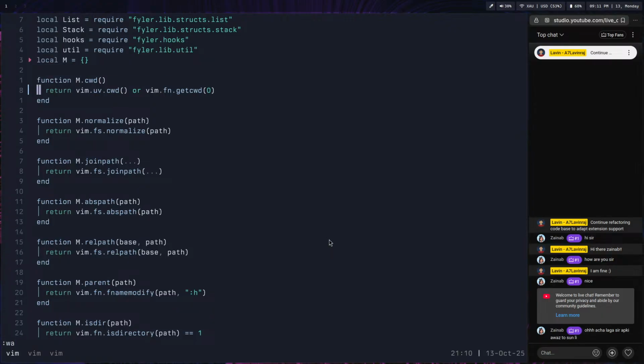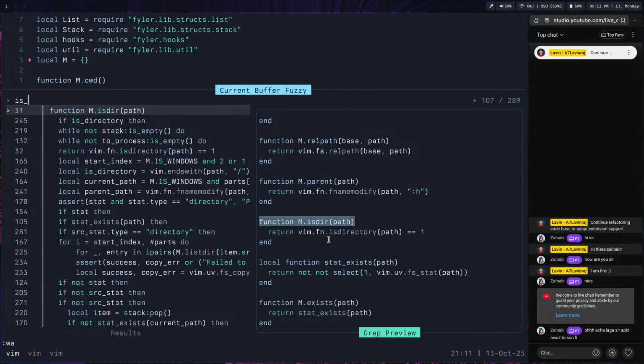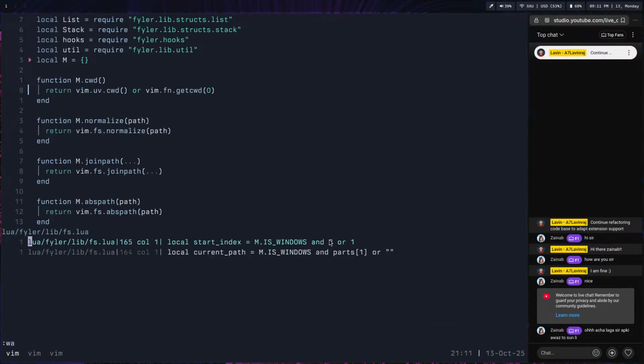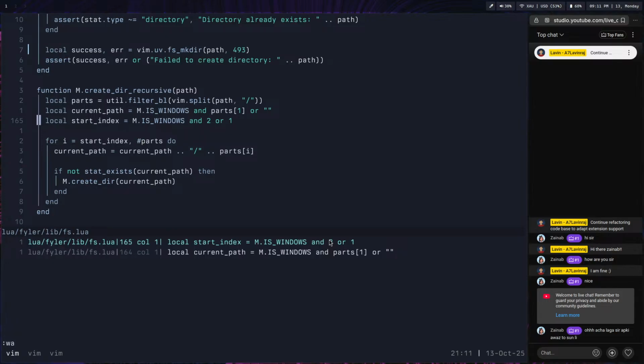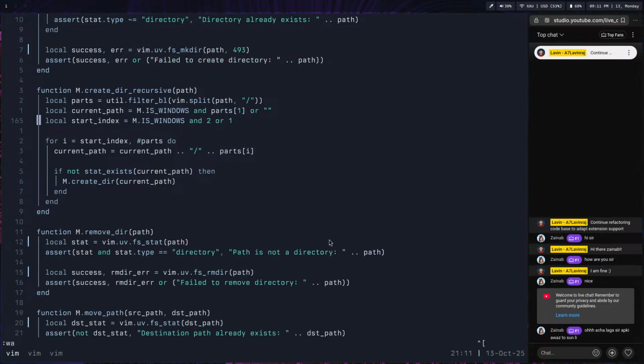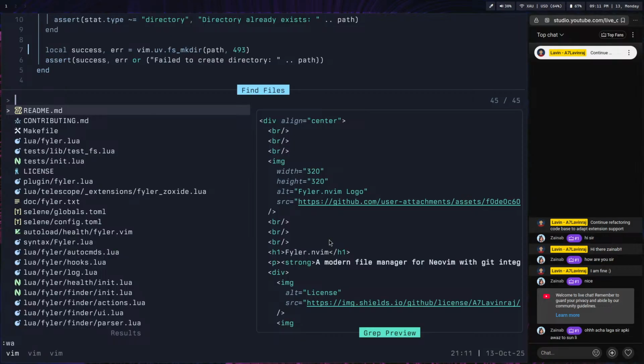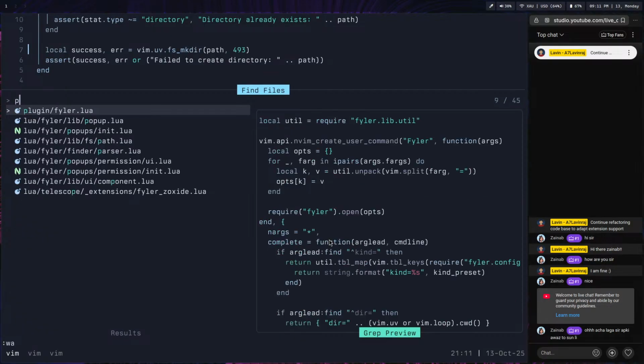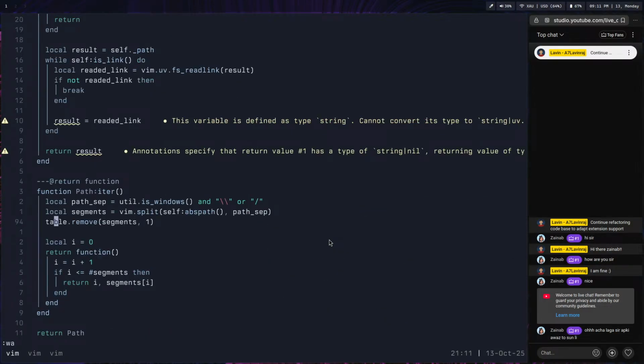No more diagnostics, but there will be a thing like is Windows here. So there are two places, but we will remove this as well because we just created a path iterator. Yeah, it's a good thing. So let's do path. And instead of that,